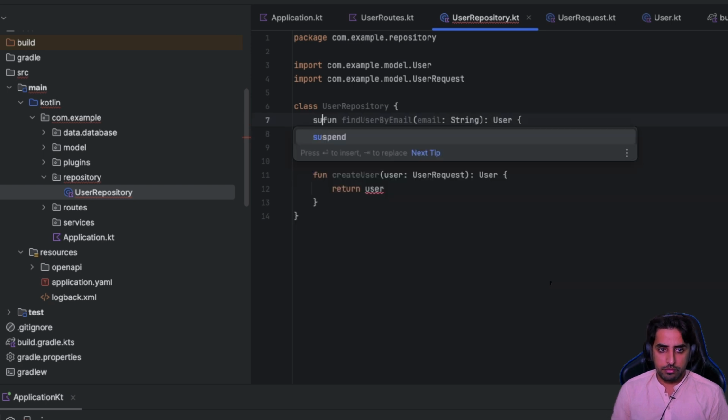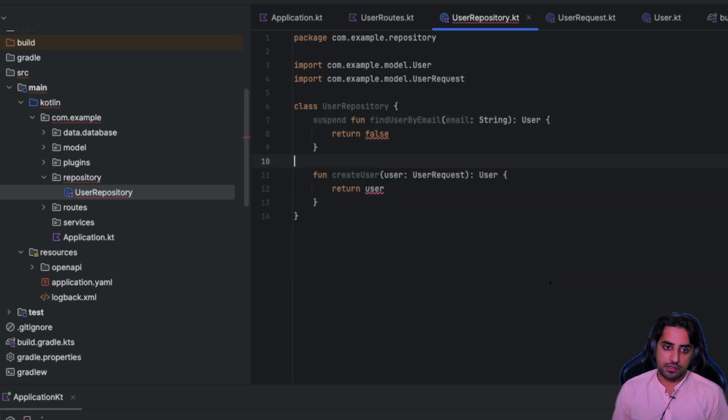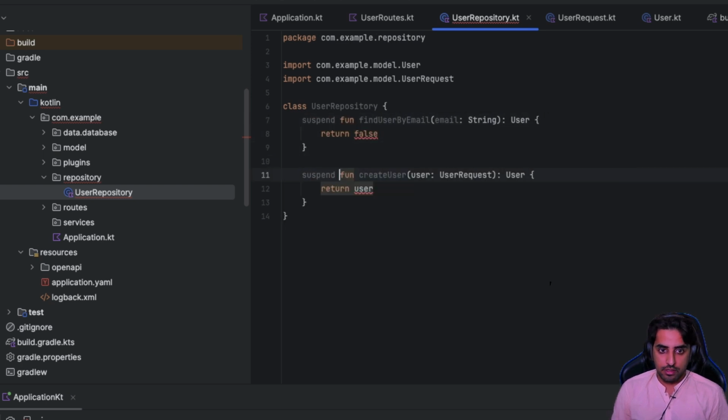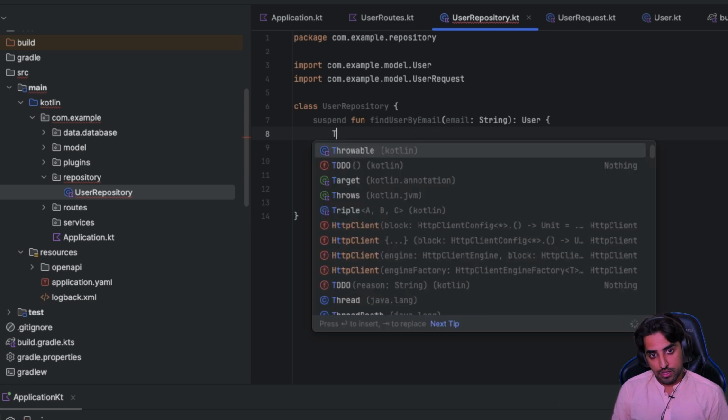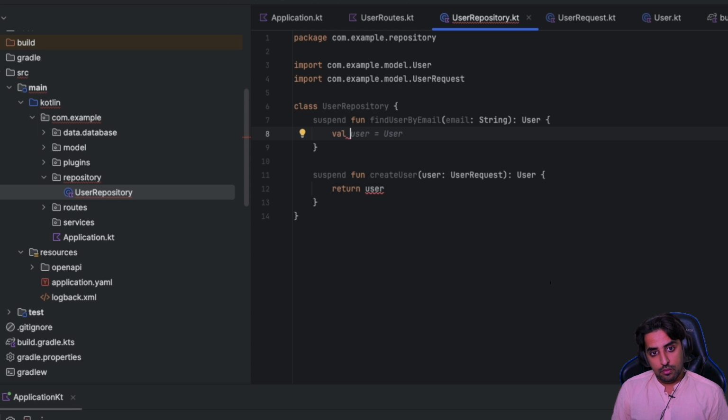And make sure to make them suspend functions as well, so that they run in the background. Okay, so how are we going to do that? The first thing is that we need to check in the database. To check in the database, what we will do is say val user equals